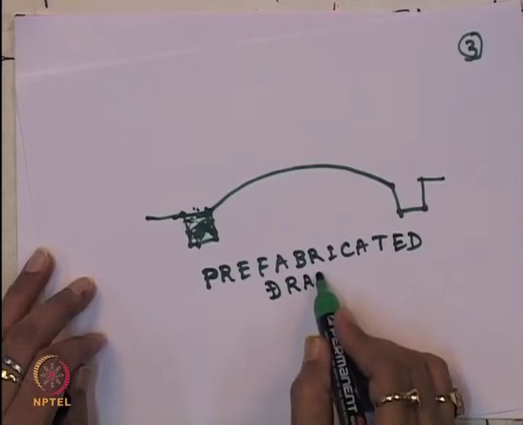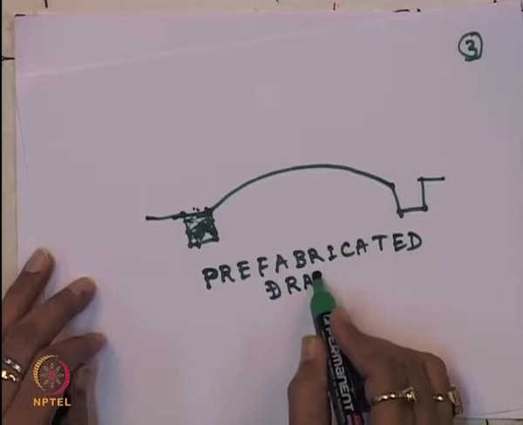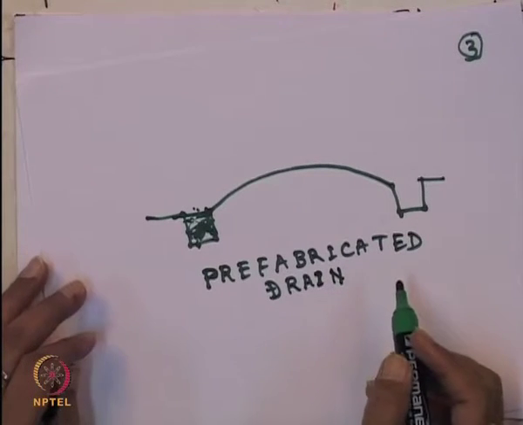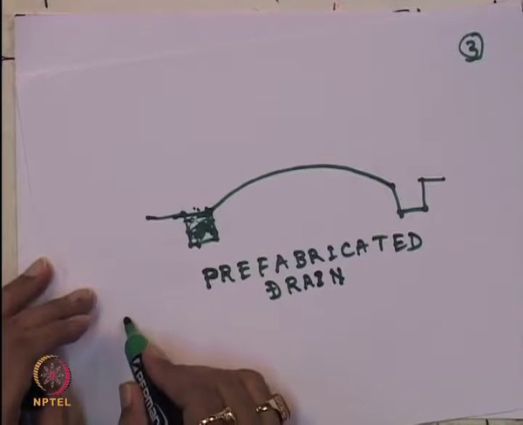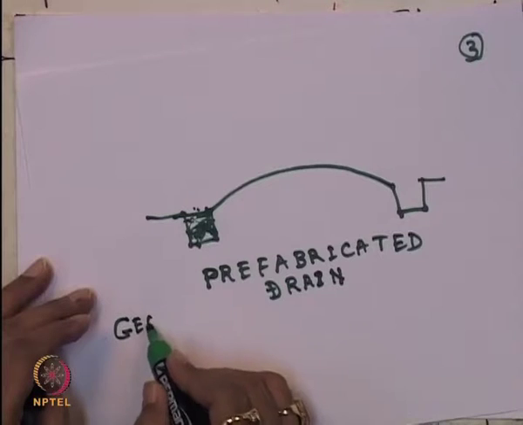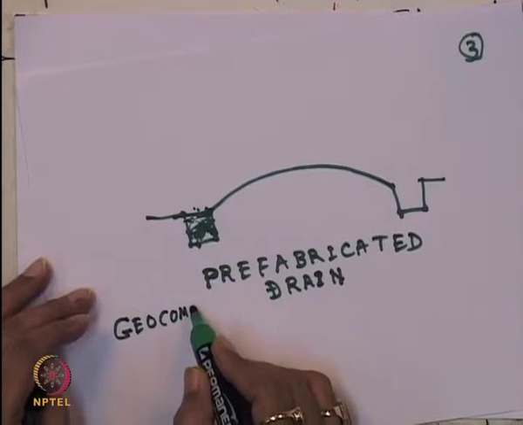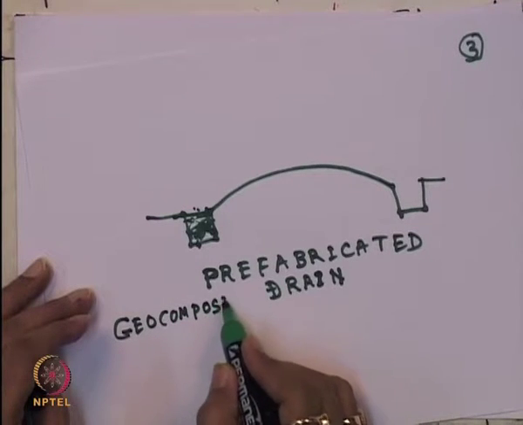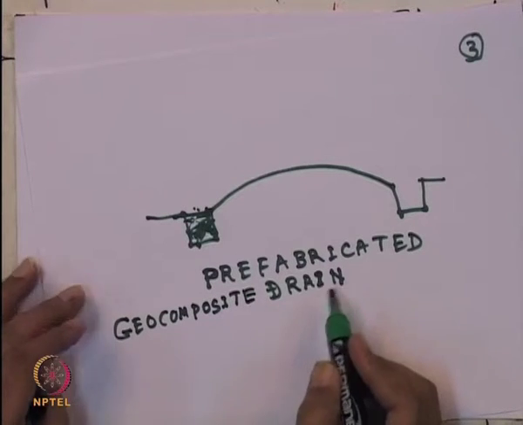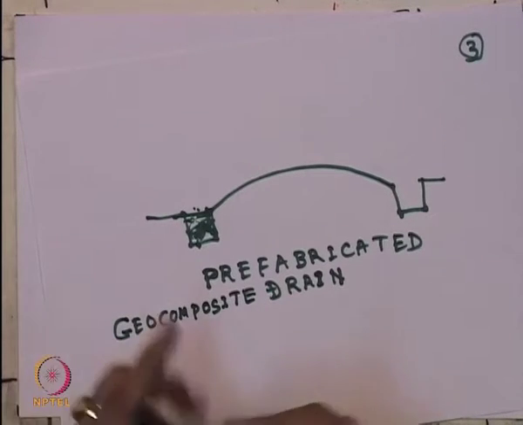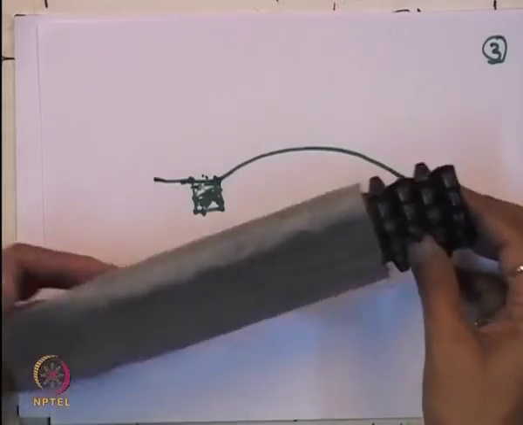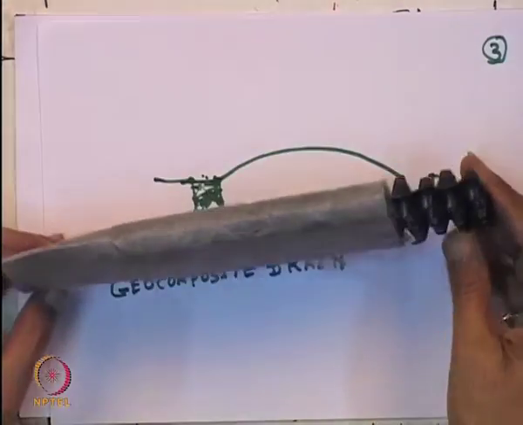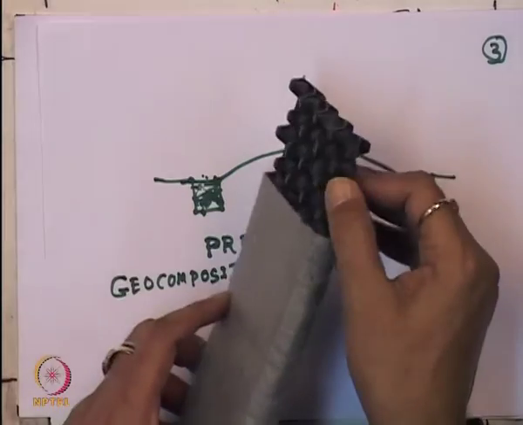Prefabricated. You can say prefabricated geocomposite drain, let us say geocomposite drain. So, it is a kind of material like this, it is a prefabricated geocomposite drain, it is a plastic wrapped